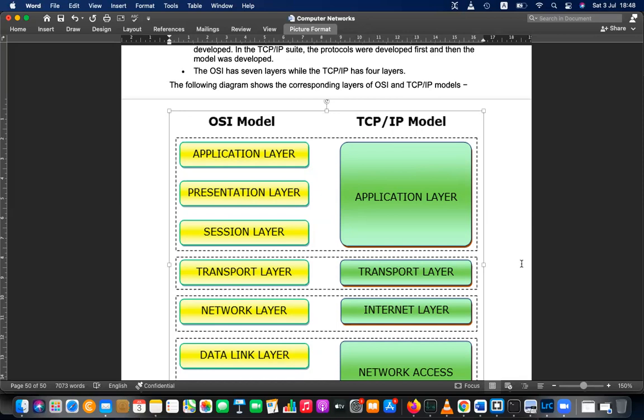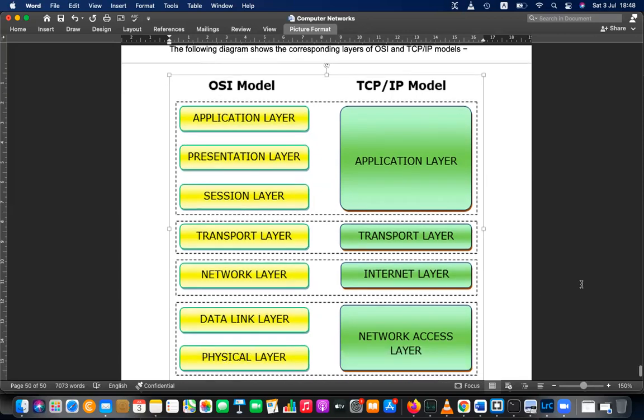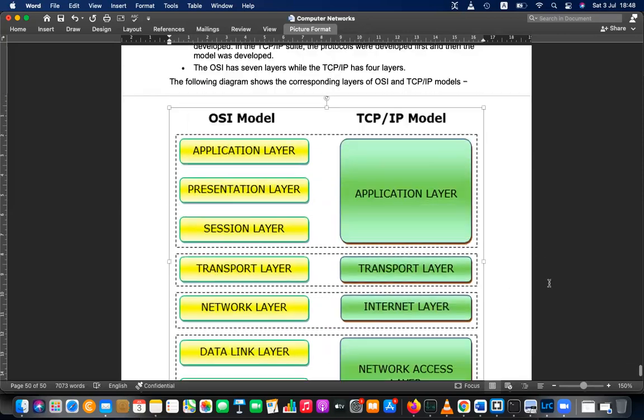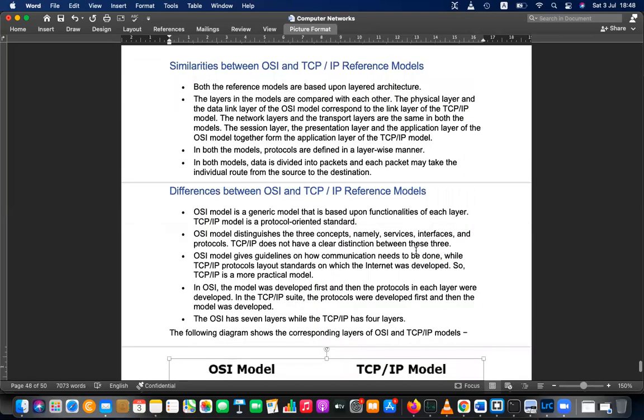For the transport layer, directly you have TCP. For the internet layer, IP. And Ethernet for network access. It is easy to tell based on the protocols. That is how it works in the TCP IP model. And the OSI model distinguishes three concepts, namely services, interfaces, and protocols. Right? It has services, interfaces,